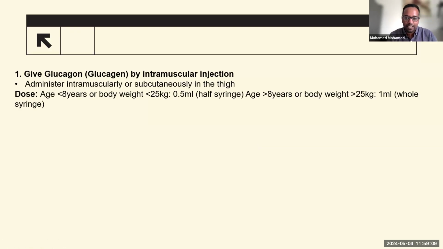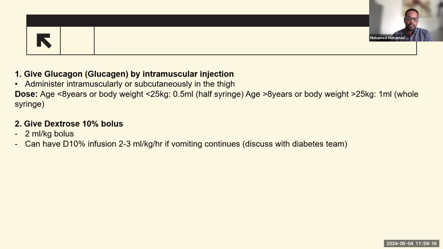So you give glucagon, intramuscular injection or subcutaneously to the thigh. That's number 1. And you give the IV correction, so 2 ml per kilogram of bolus. And if they are suffering with continuous hypoglycemia, give them an infusion, 2 to 3 ml per kilogram per hour,